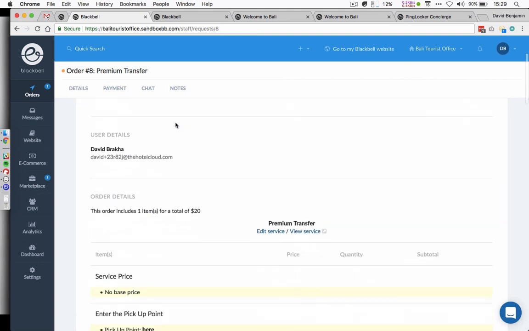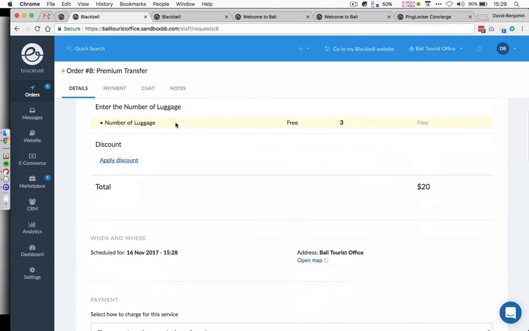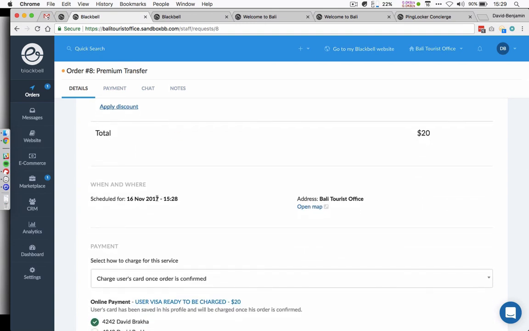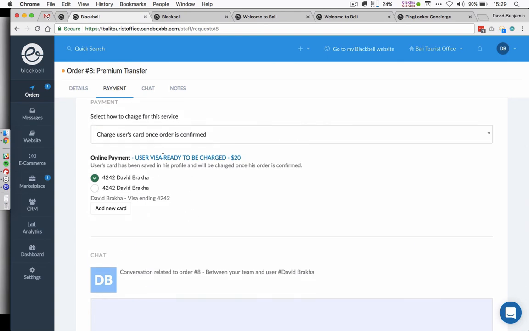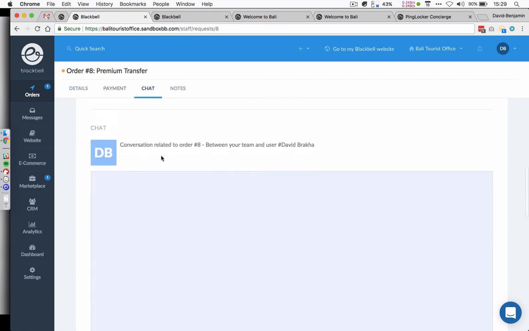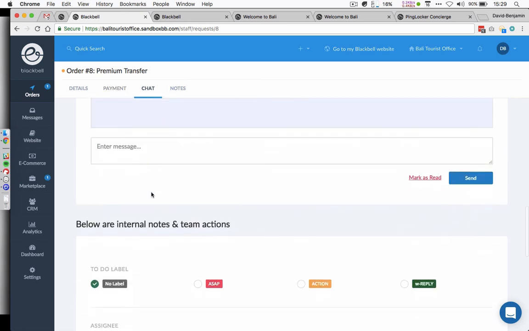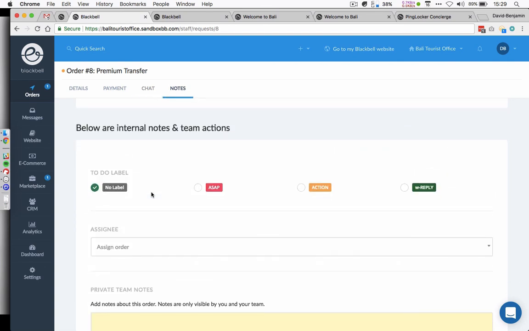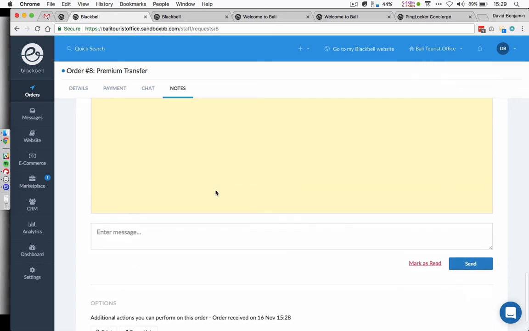And here you see the detail about the user, all of the options that was selected. You see here the scheduled time of the service and the address. And you see here that this visa is on file and ready to be charged. There is a chat with the user. For example, and there is here internal actions. For example, you can label this as ASAP internally, assign people in your team, or even add private notes about